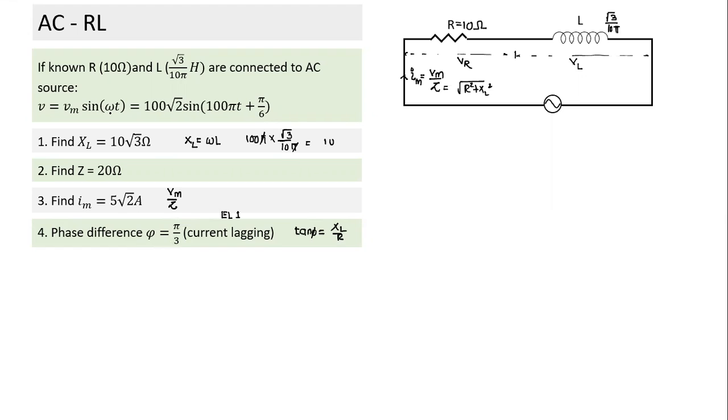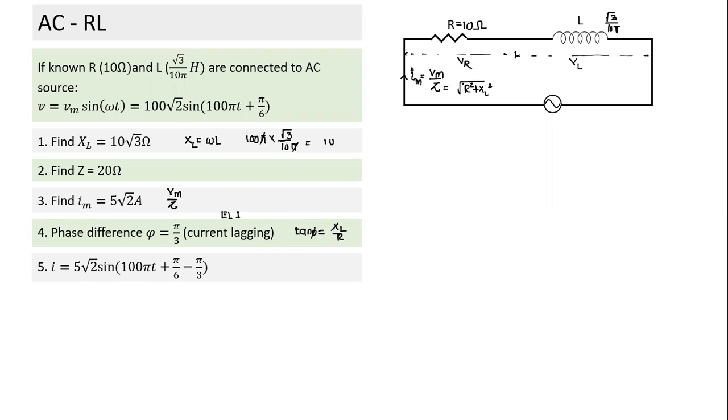So can we write the equation of I now? Do we have all the terms necessary to write an expression for I? We have its amplitude. We have its omega. And compared to voltage, it will lag by pi by 3. Now we have all the terms to write I. So I will be equal to I naught, this is amplitude, omega is same, and whatever V we had, it will lag by pi by 3. So this is the expression for current.